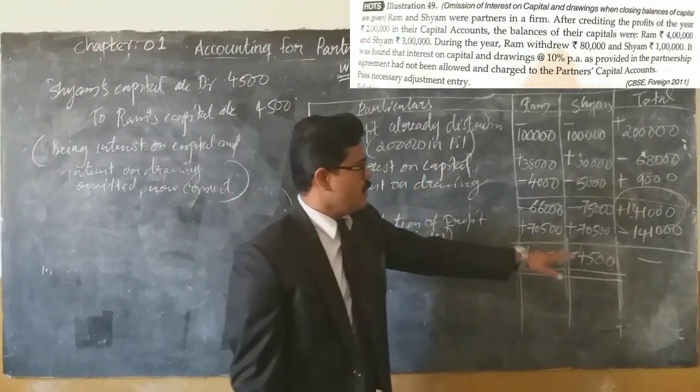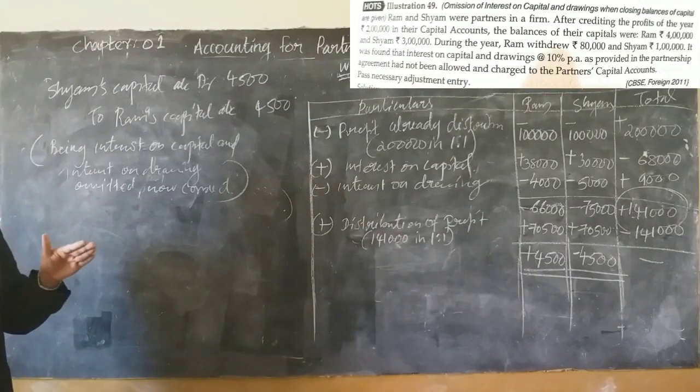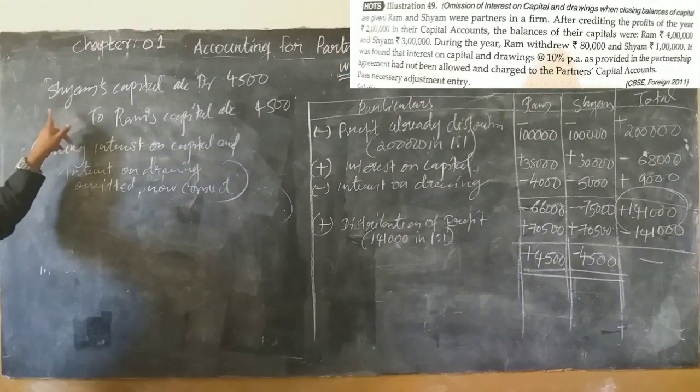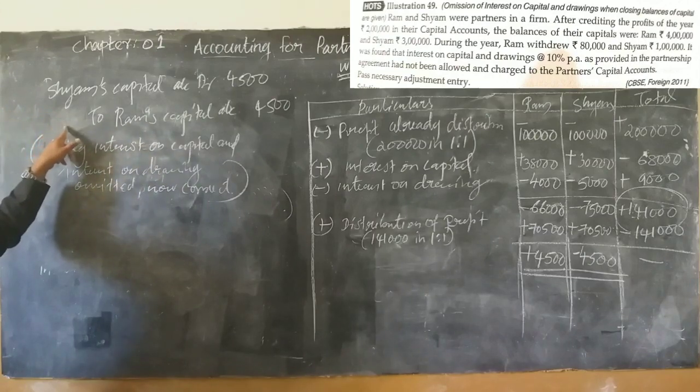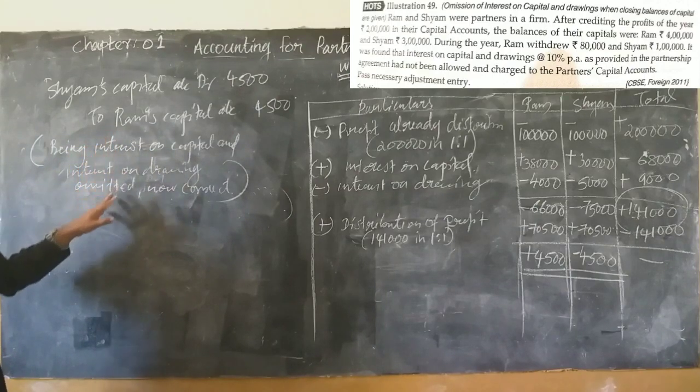Net effect means always, when you pass the journal entry, minus account letter to plus account. So minus Shyam, from Shyam's account 4,500 will be adjusted to Ram's account. Okay, so this is